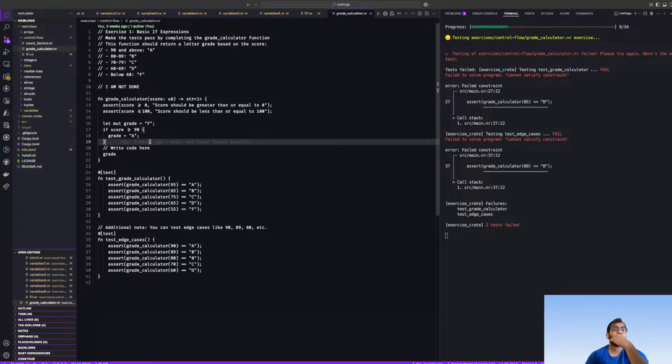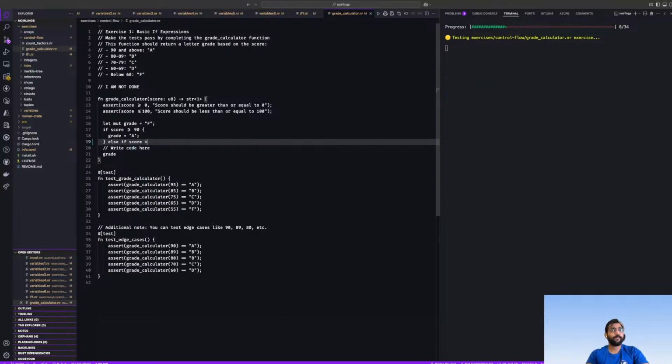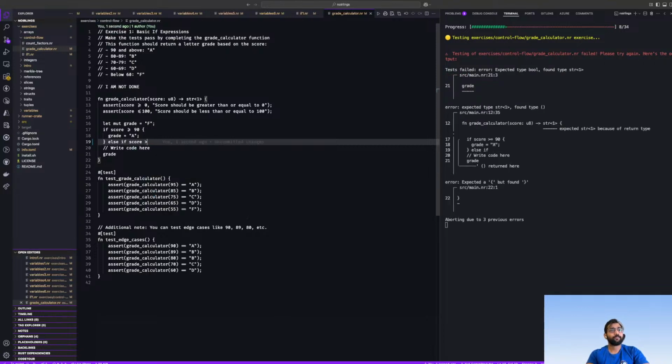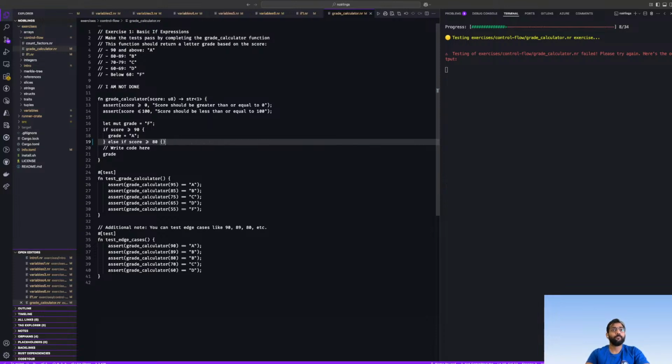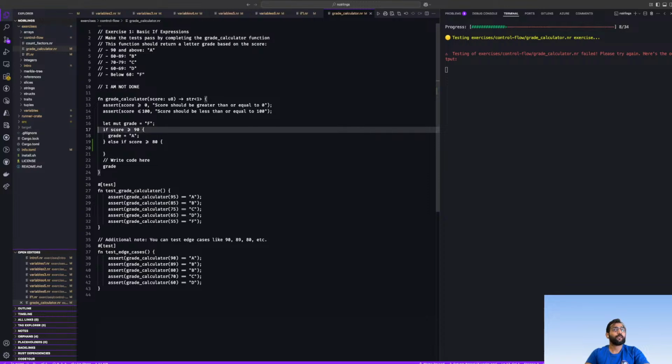If score is greater than or equal to 90, grade A. Else if score greater than or equal to 80, grade B.